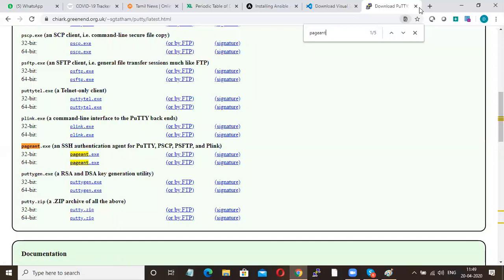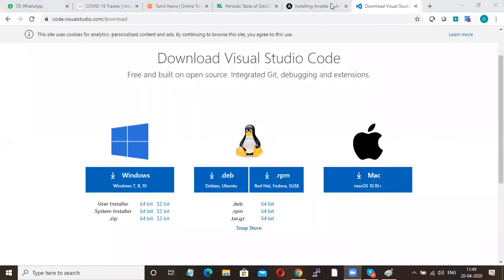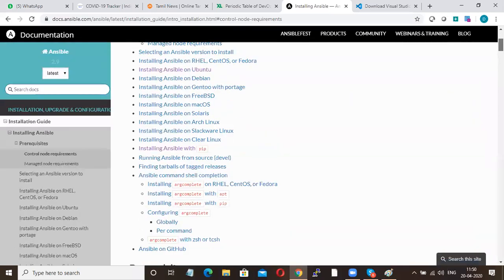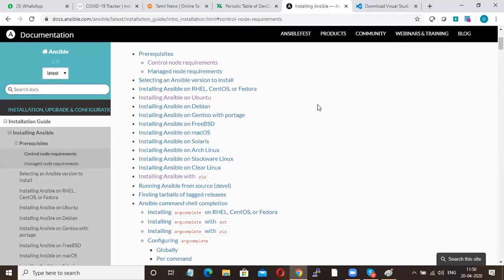Okay, fine. Now, as I said, for each OS, the way of installation will be different. These are all different ways to install Ansible on each OS. In this, I'm going to use the step of installing Ansible with pip.